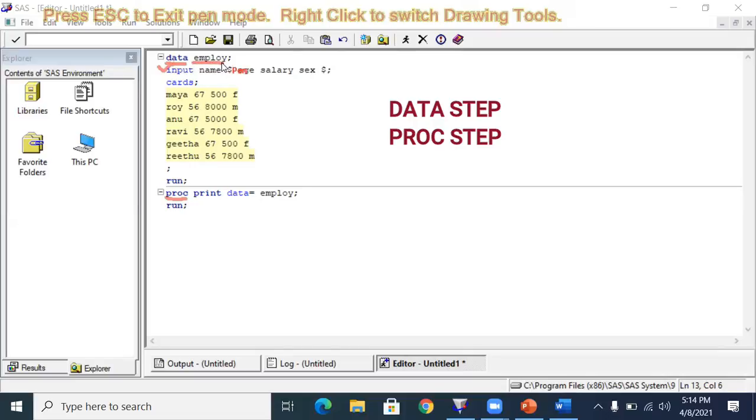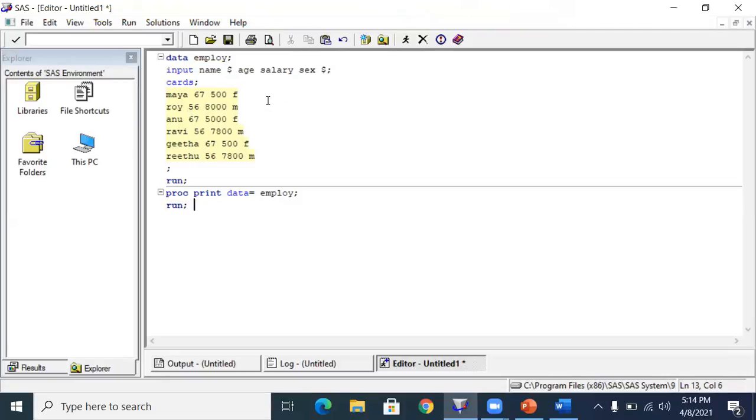Okay, this is the editor window. We are in the editor window right now. Here you can write anything, edit anything, submit anything. I'll show you. Here you can see I have written this, and I can edit anything here. See, I've given employee here. If I want to change it, you can do that. You can edit anything here.